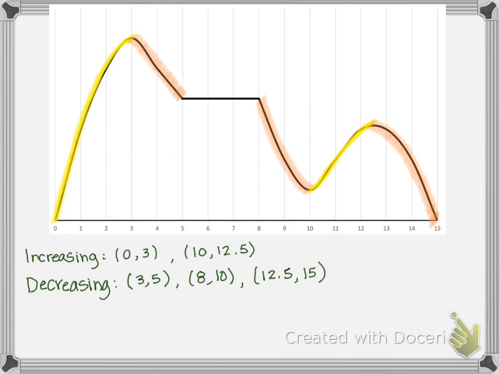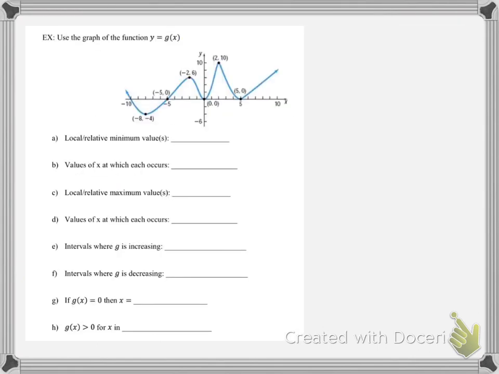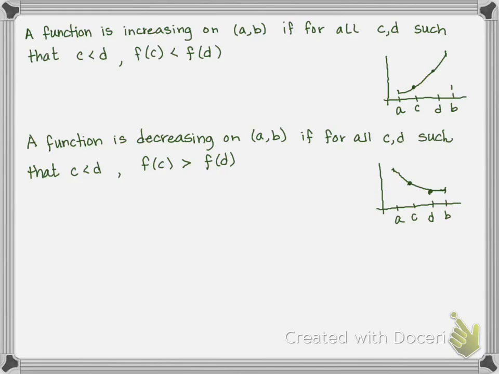And then there's one final possibility, which is that we're not going up or down, that we're walking along a straight path, so a flat path. So we call that constant. We've seen the constant function before, right? Which is just a straight horizontal line. So a function is constant